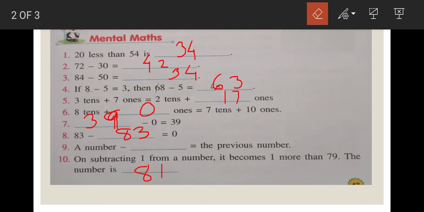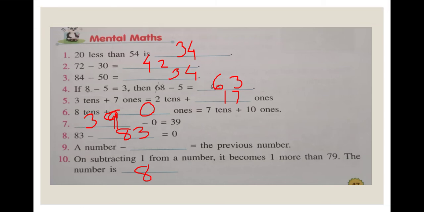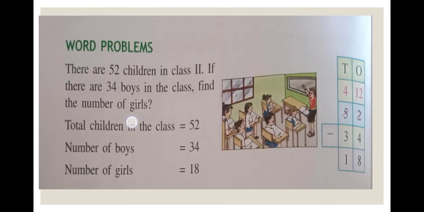This is the question. I will just explain it to you. There are 52 children in class 2. If there are 34 boys in the class, find the number of girls. In class 2, there are in total how many children? 52, including boys and girls. Out of that 34 are boys, so we have to make the columns like this. This is the total number of students, 52, minus this is the number